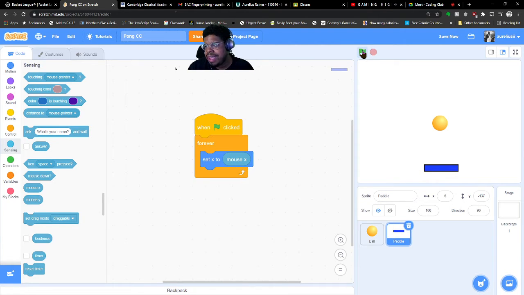So let's hit the green flag and see how it works. Oh, look at that. Now our paddle is following our mouse, but you'll also notice that the ball just goes through the paddle. The ball totally ignores the paddle. It doesn't bounce off the way it should. It just goes right through the paddle, and that is not what we want. Right, so I'm going to stop the game,